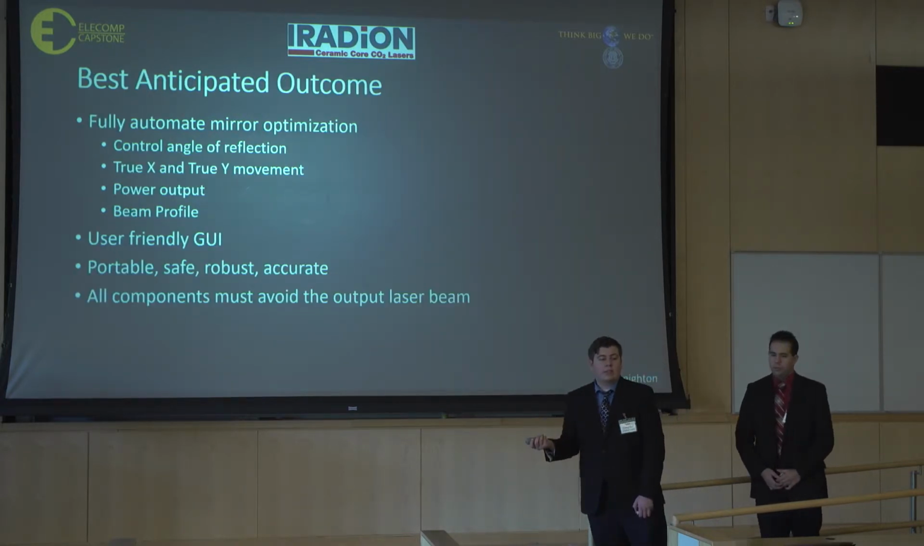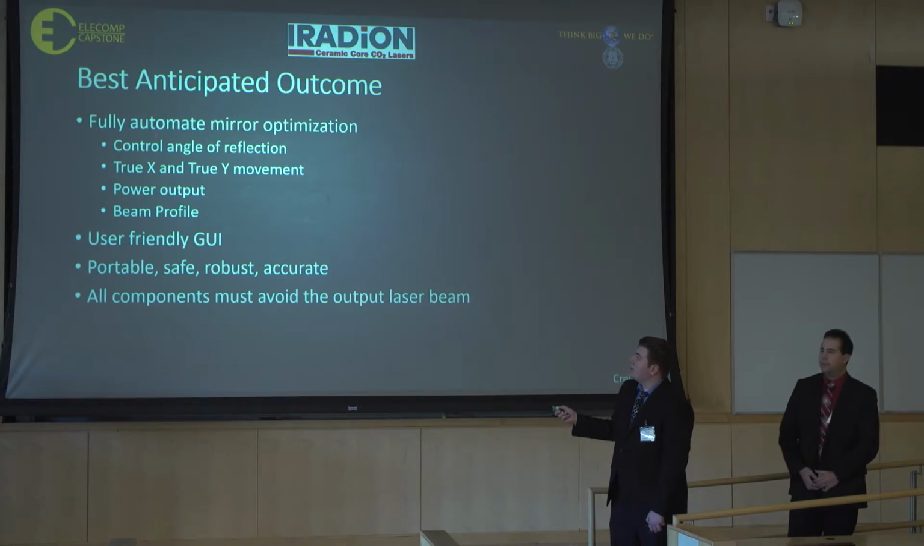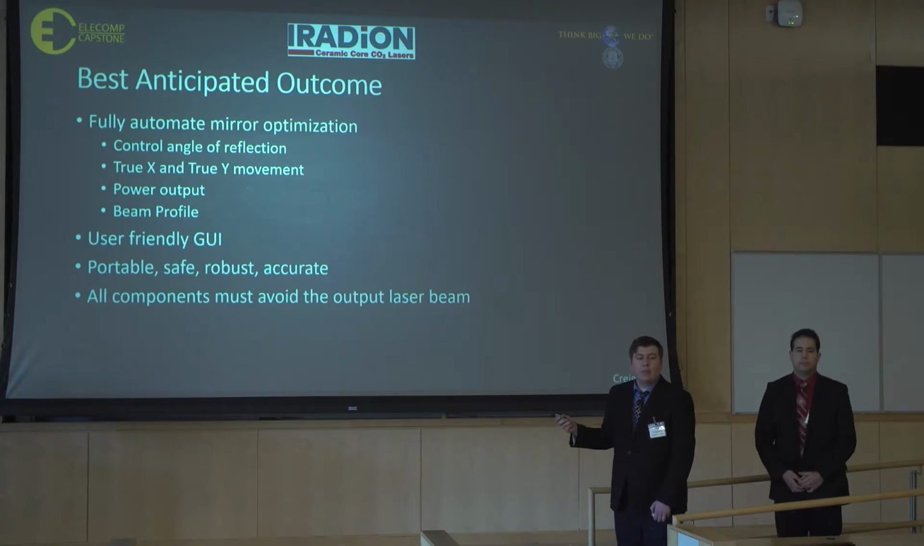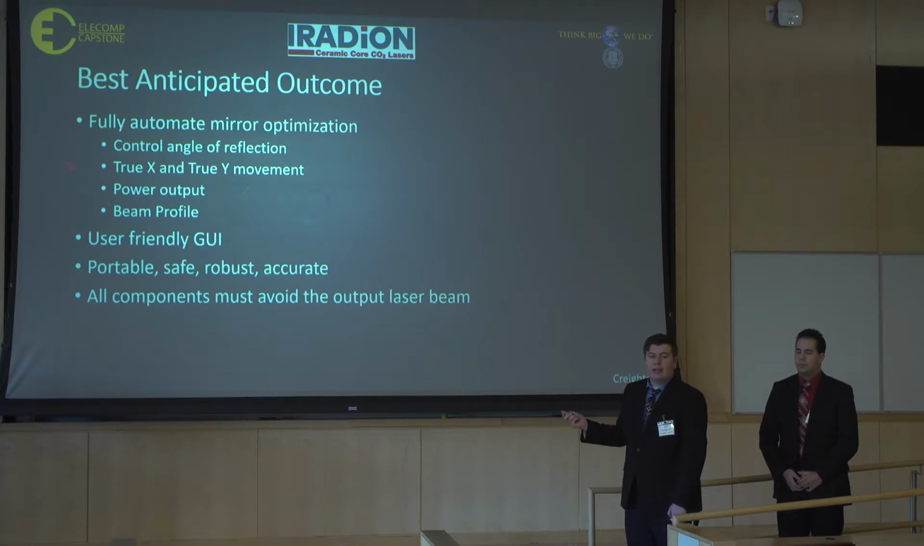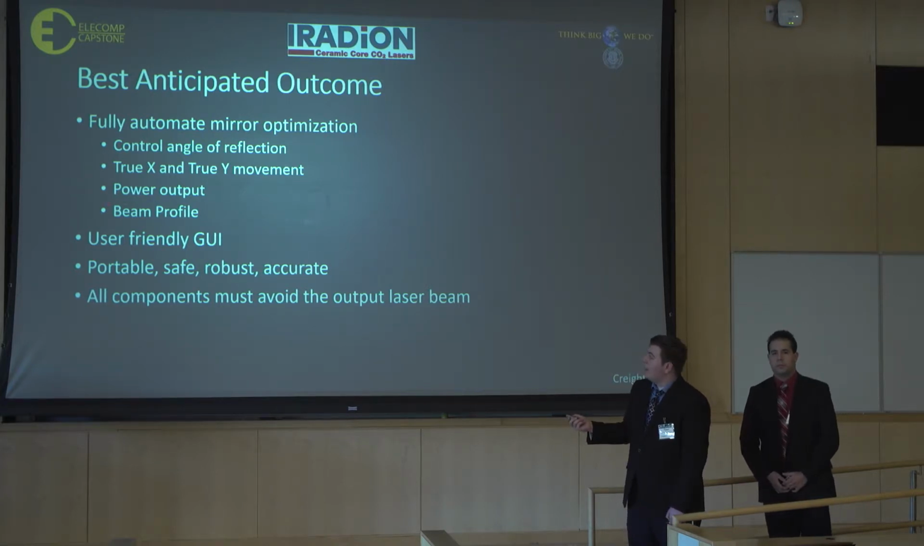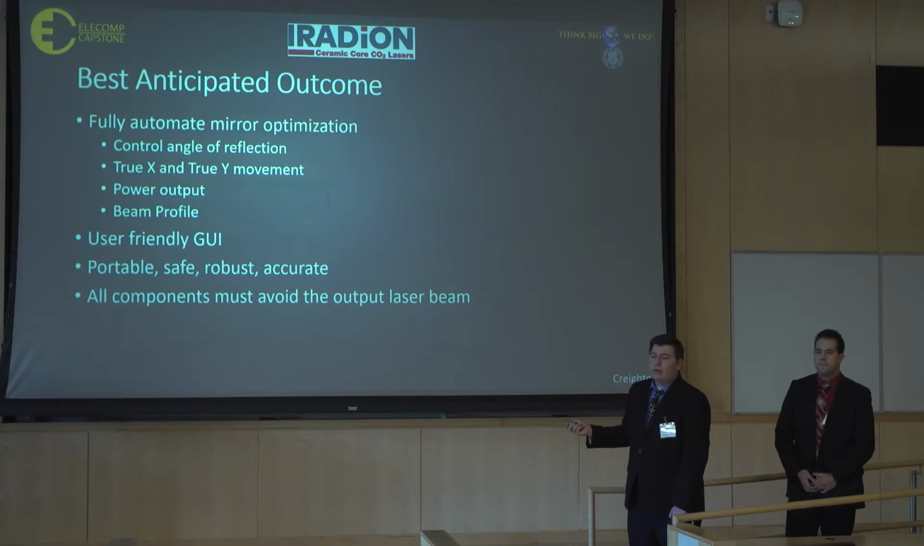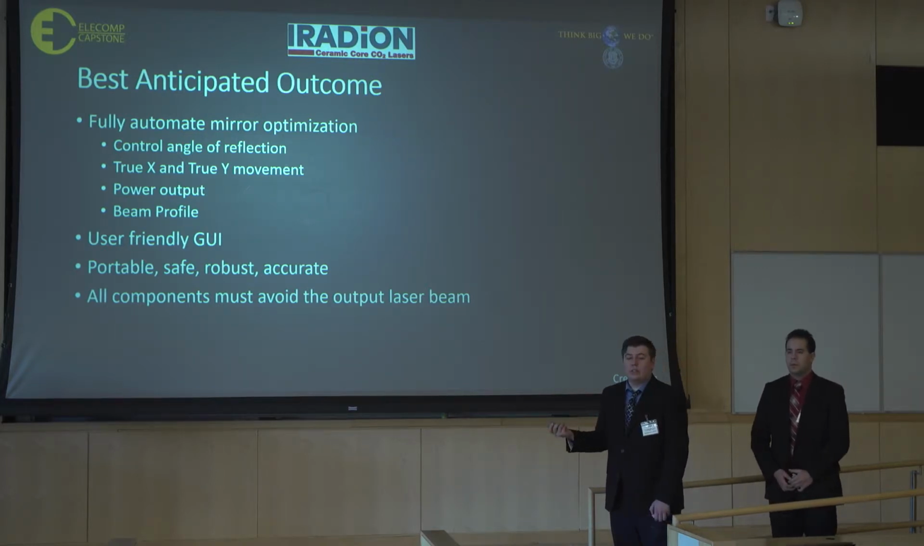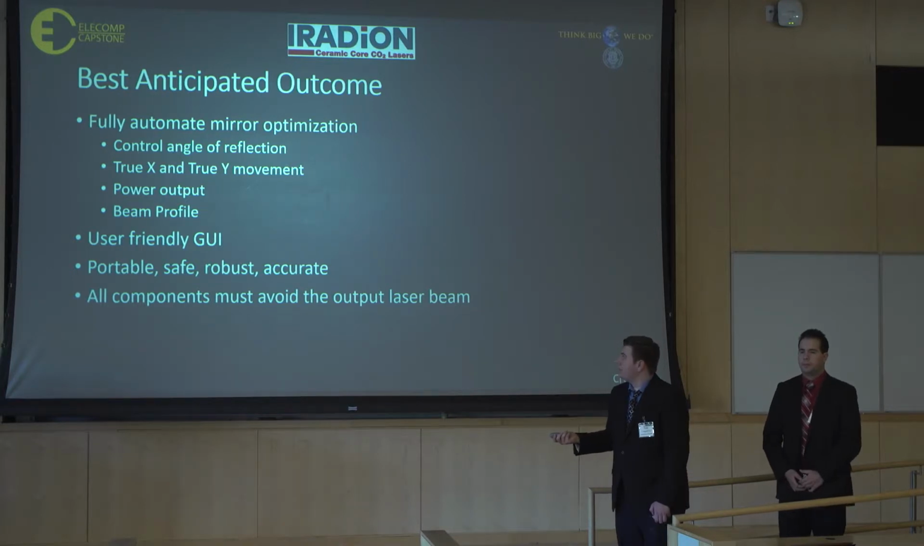So that brings us to our best anticipated outcome. Our project needs to be able to fully automate the mirror optimization. It needs to be able to control the angle of reflection. It must be able to change the angle in both true X and true Y movement. It needs to be able to optimize both the power output and the beam profile of the laser. And it needs to be wrapped in a user-friendly GUI and be portable, safe, robust, and accurate. And it all needs to avoid the output of the laser